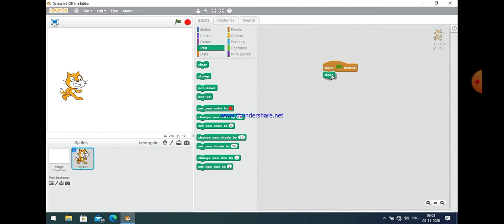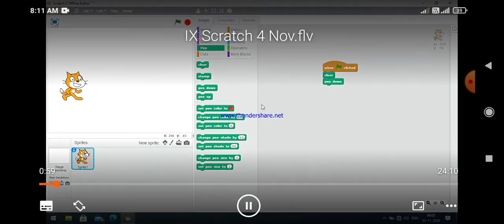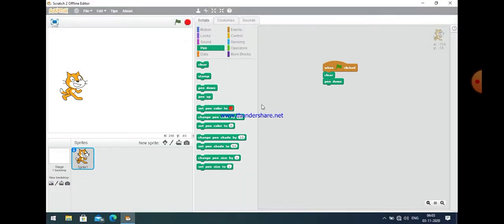So first of all select clear, and then there is a command pen down. Pen down is a very important command, and if you want to make a drawing, then select pen down, which basically helps you to draw an image.